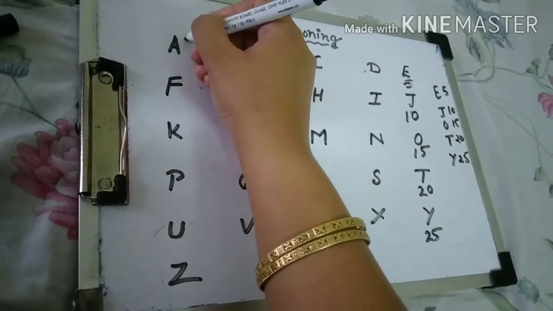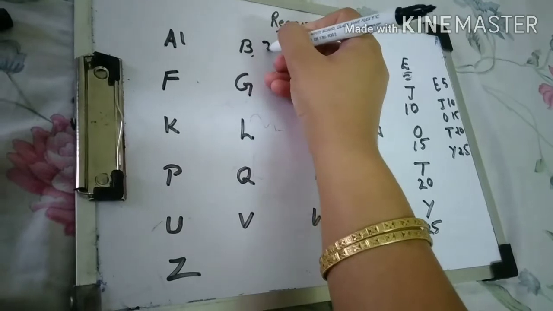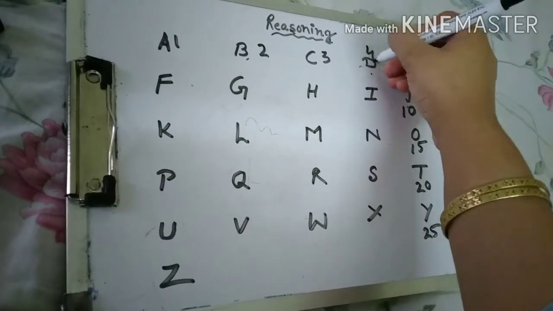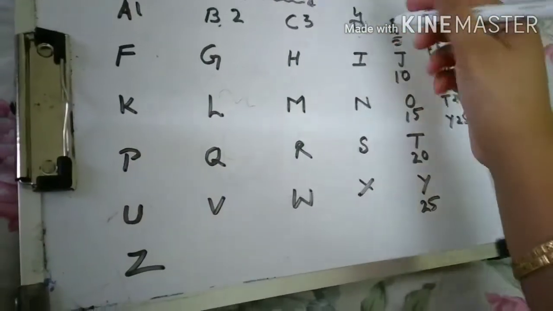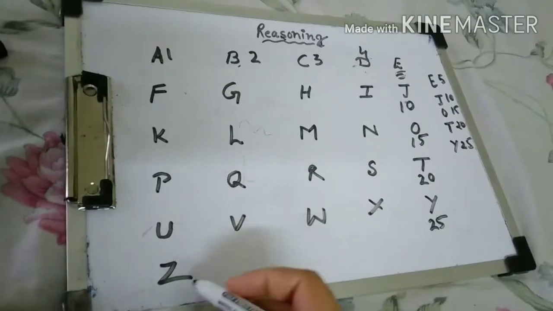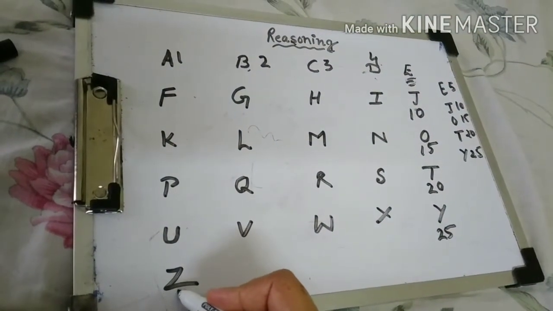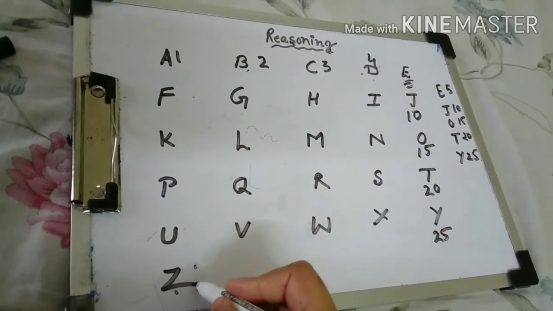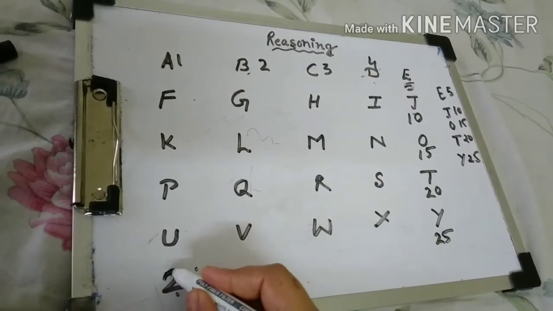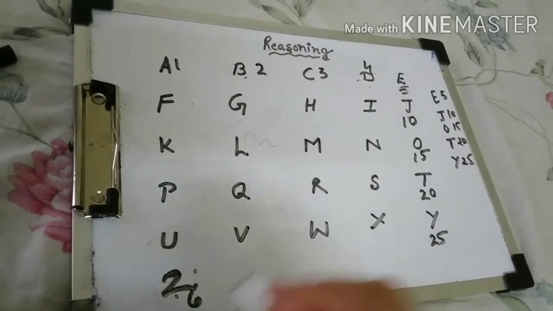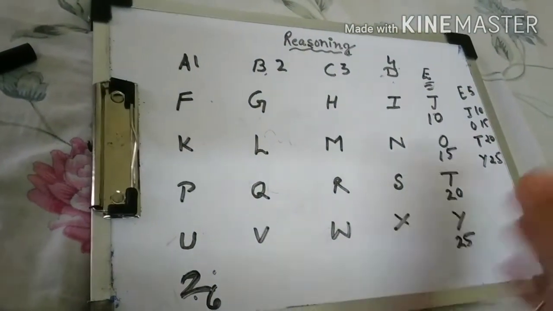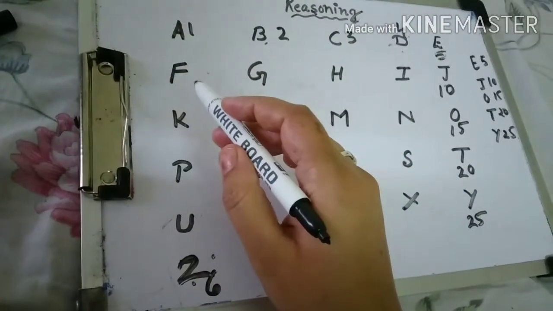The numbers 1, 2, you can easily remember, and for 4 the letter D. Here I will write the 4. No problem to remember the 4, and just like this 26 also we can remember, but there is also a very simple trick. This is 2 and 6, 26. We can also keep it in mind like this. So you have solved the problem. Now the remaining numbers we will talk about.